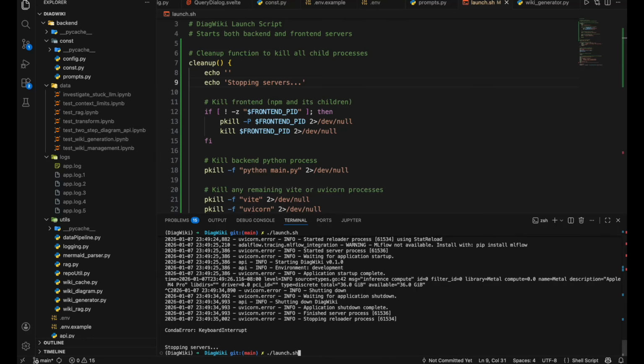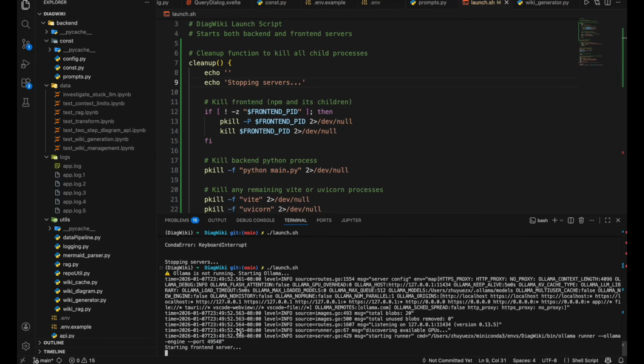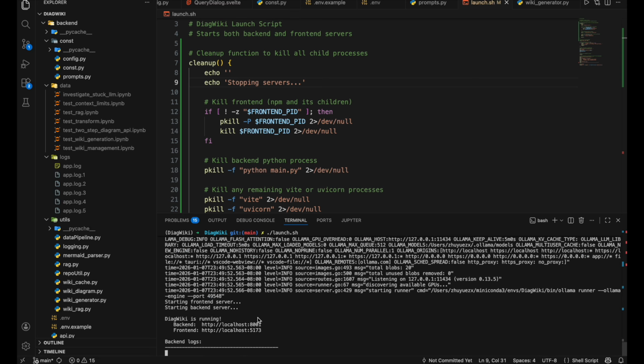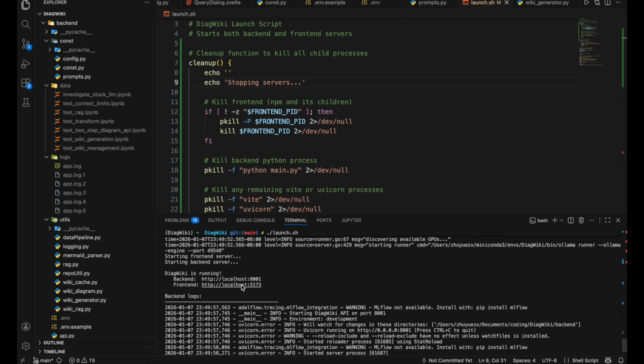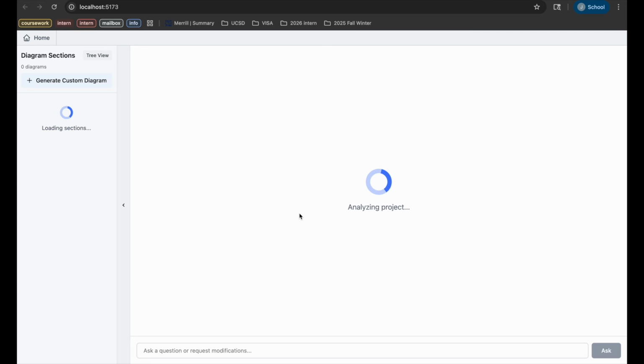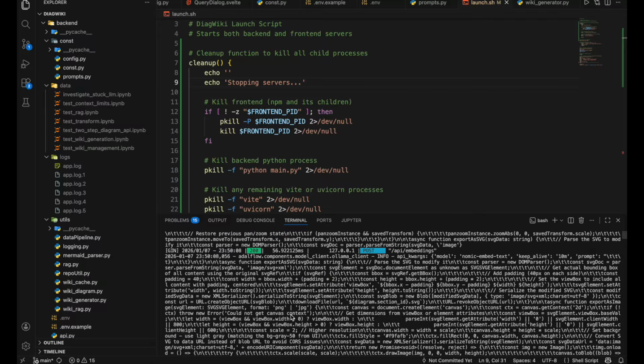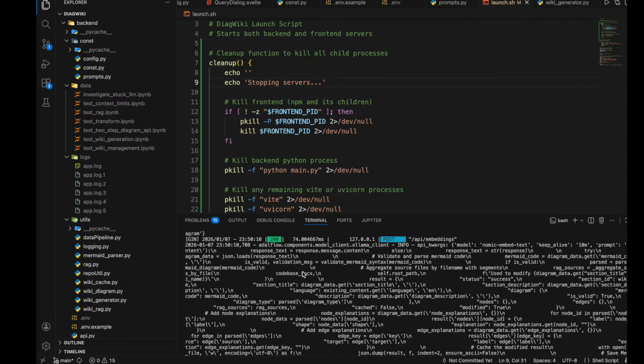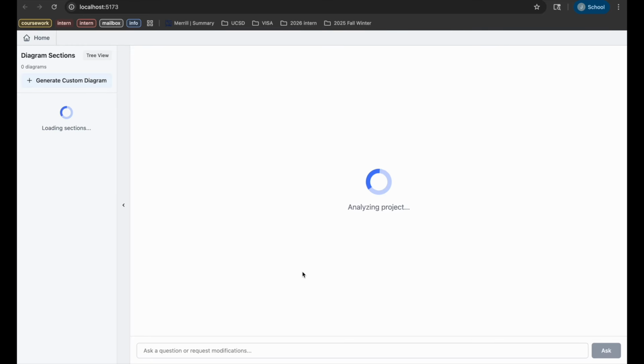So hello, I'm going to show you DiagWiki, a tool that automatically generates interactive diagram documentation from your low-code codebase. The problem I have is that either you want a tool to visualize your code by the power of LLM, or you want to understand a codebase quickly. I personally cannot get a direct understanding from traditional documentation. Plus, there are lots of established tools for text-based wiki generation, so that's why I built DiagWiki to solve this